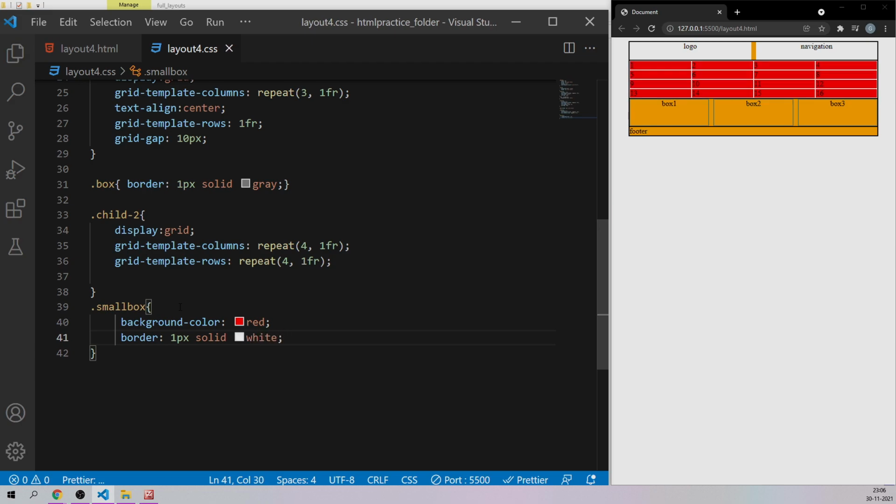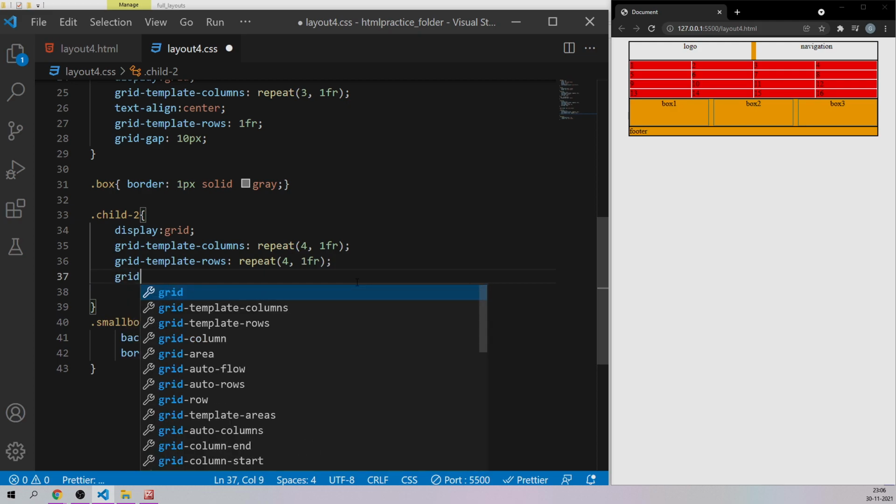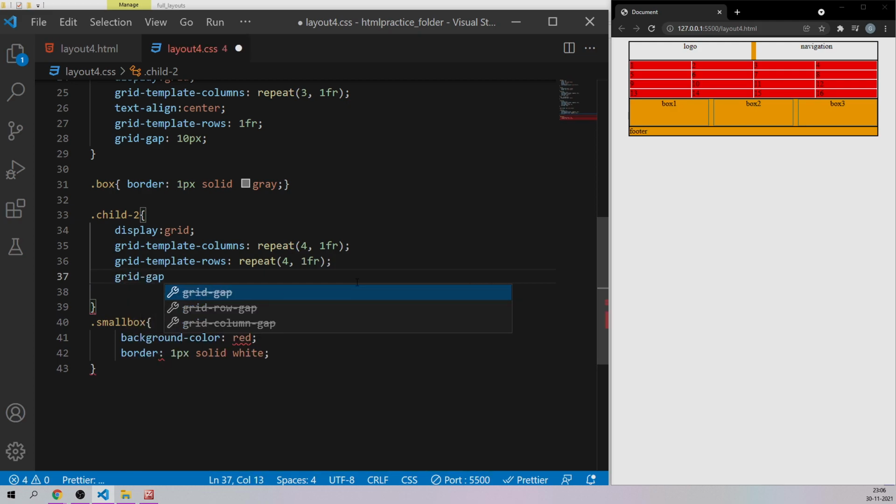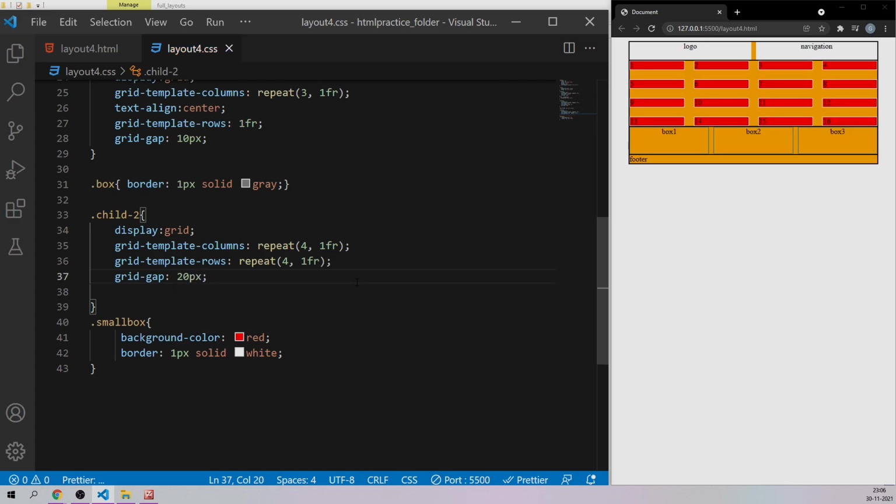So we have perfect alignment of all the 16 elements. Then I want to say grid-gap, both column-wise as well as row-wise, let's say 20 pixels for the time being. So we have our element like this.